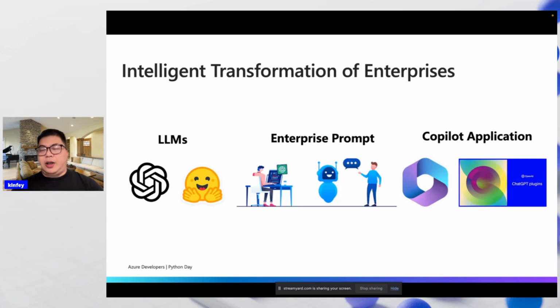Another is the Copilot application. Microsoft has cool Copilot solutions, just like Office Copilot, and some GPT plugins are cool. So enterprises may face choosing a model, controlling their enterprise prompts, and Copilot applications.